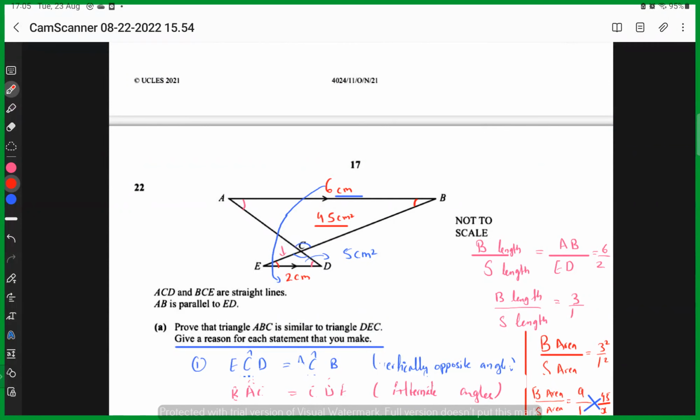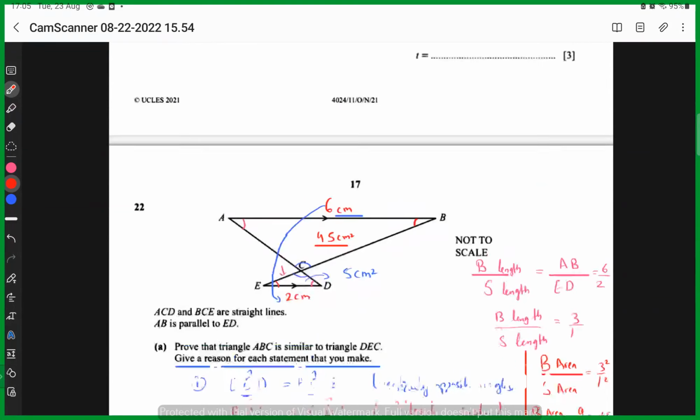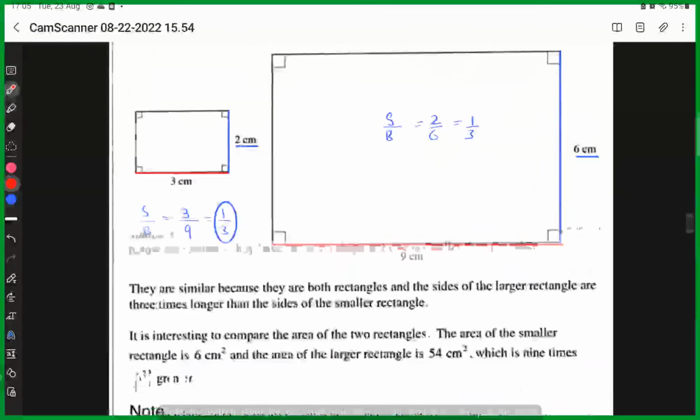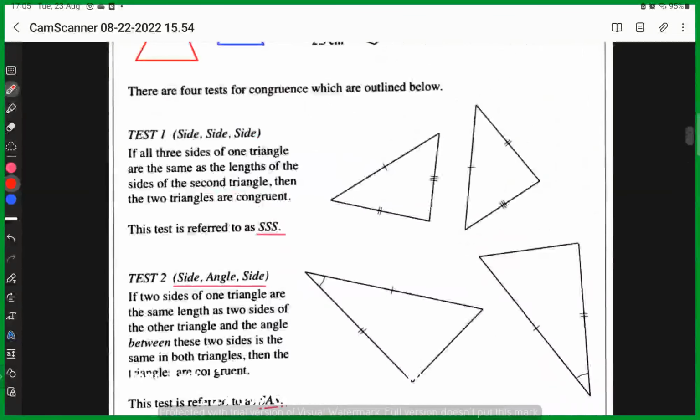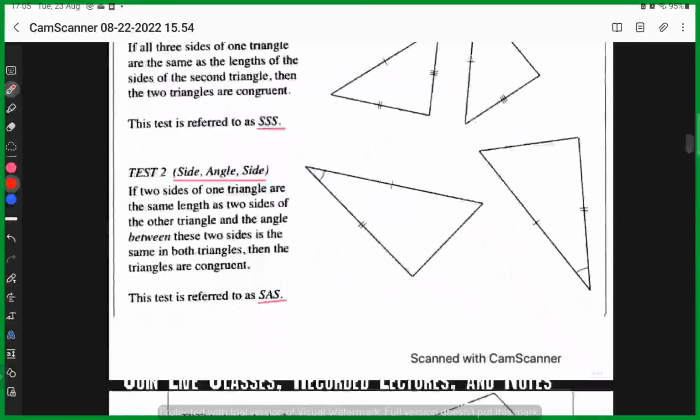And we had 4 tests in order to see if the shapes are congruent or not. Let's just quickly see what exactly those tests were. So the first test was SSS, that is side, side, side. The 3 sides must be same. The second test was side, angle, and side. Okay, so 2 sides are same, then the angle is same, and then the side next to that angle has